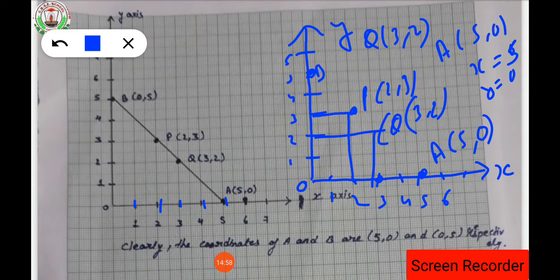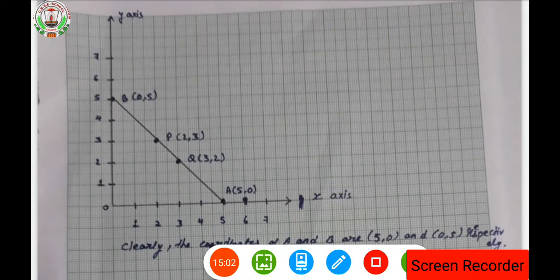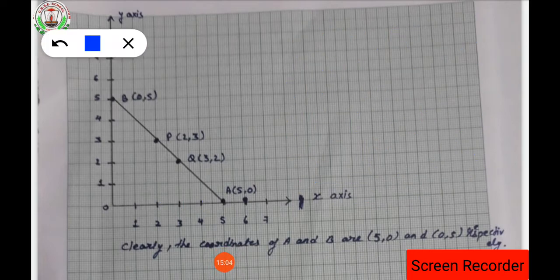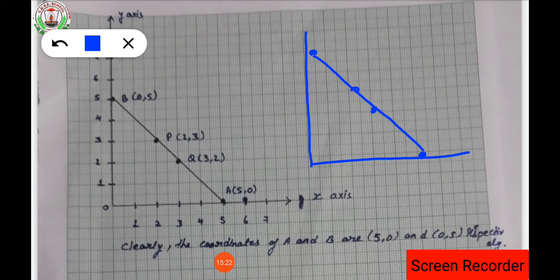So here the B point we are going to find, that is 5B. Clear everyone? So in this way we got a graph with the dots. Here we got A, then Q, P, and here B. So after getting all the points A, P, Q, B, we have to join all the 4 dots with a